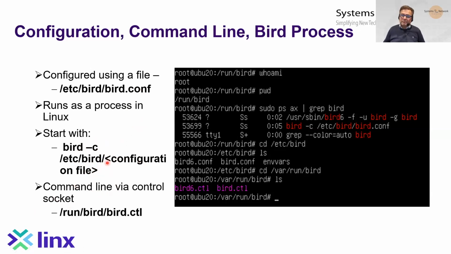If there is a problem with this configuration file, then the Bird routing daemon will actually fail to start. And if you are running it for the first time and you haven't used it, then there is a command which I'll put on the slide here,